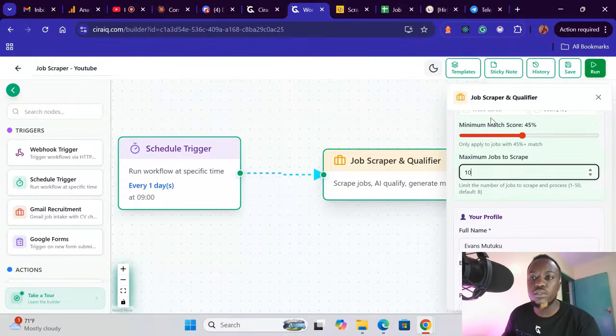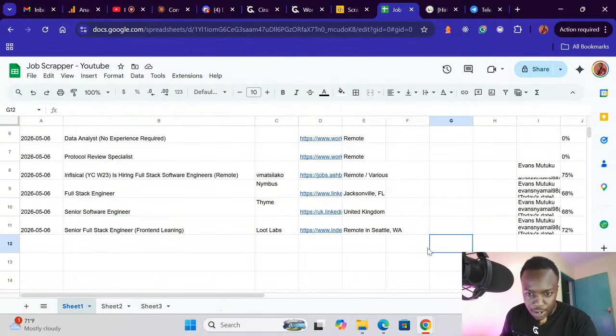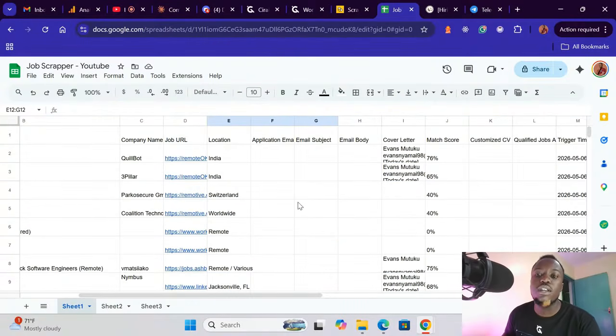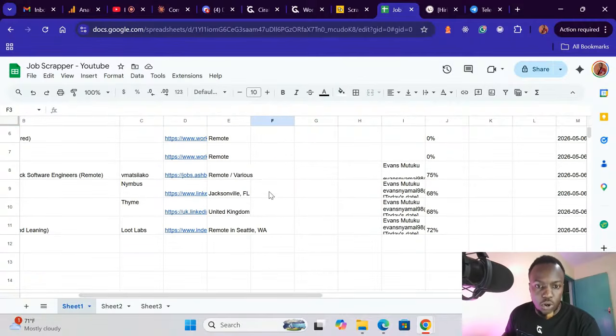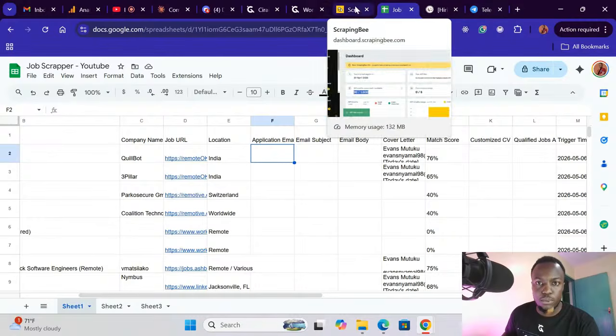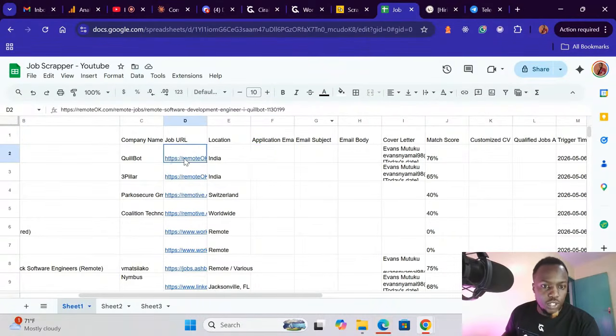So do I qualify for these jobs? Let me see if I qualify. The qualification level, India, application email. All these jobs do not have an application email. Why do they not have this application email? This is simple right here. If we go to this job,